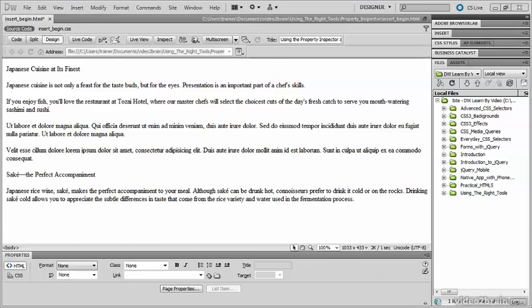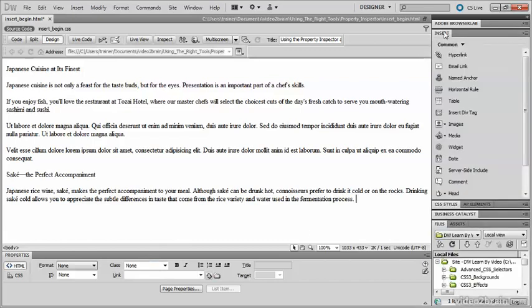In this lesson I'm going to take a look at two of the most important panels in Dreamweaver. The Property Inspector, which is this large panel at the bottom of the screen, and the Insert panel, which usually lives among the panels on the right. The main purpose is to clear up some areas of confusion, particularly among people who've upgraded from an older version